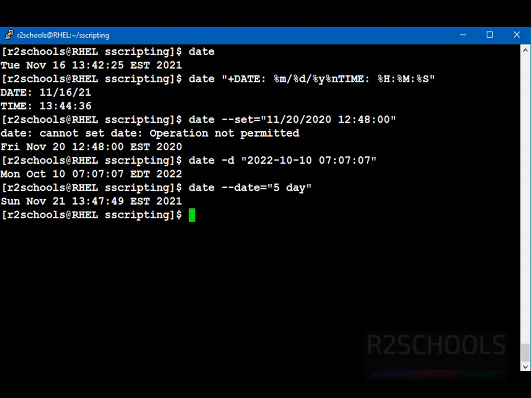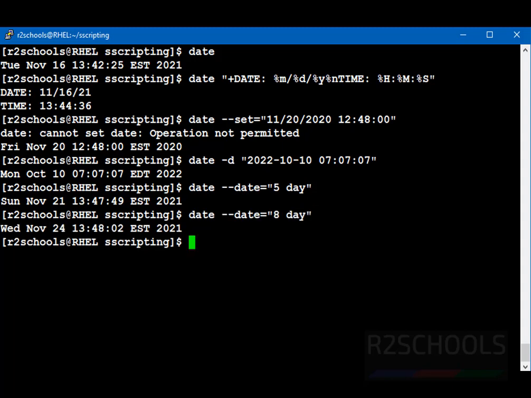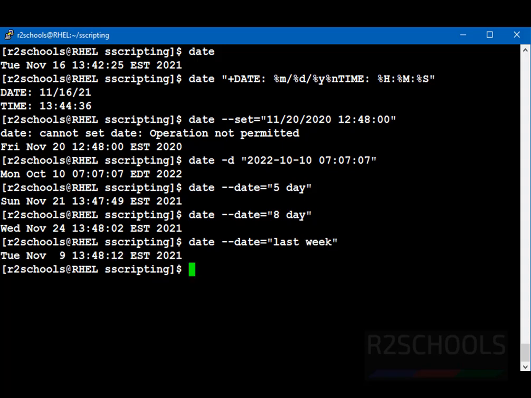See, the 5th day from now is Sunday. If you want to check the 8th day, it is Wednesday. The same if you want to check last week's details, just give last week. See, it is November 9th.